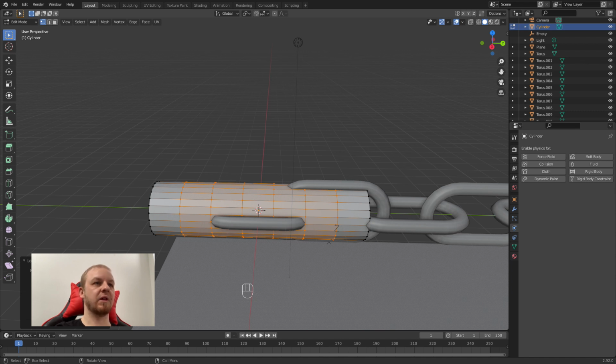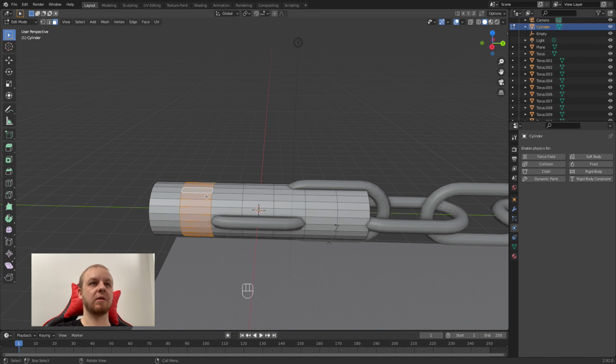And we can even adjust the number of cuts here, but we want to have it 6, so we will make like 1, 2, 3 indents to make the handle look more interesting. And how we do that is going to the face selection, and now I will just alt click